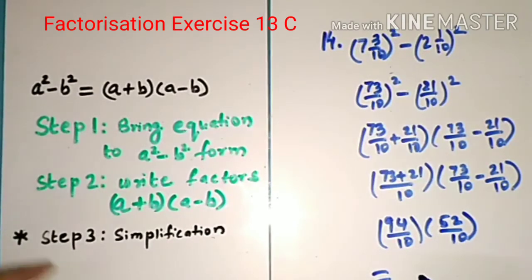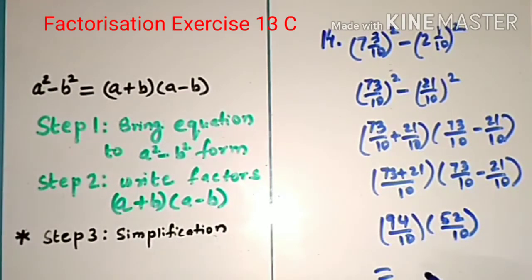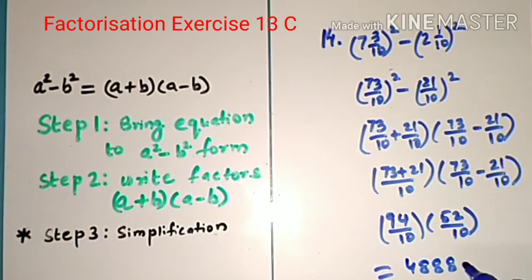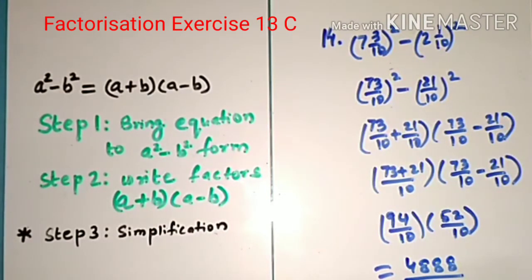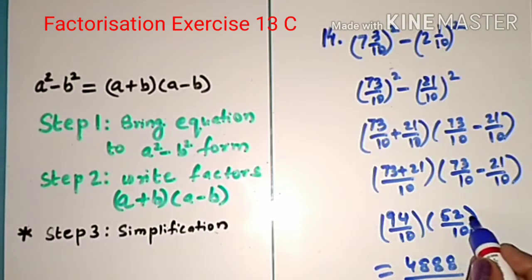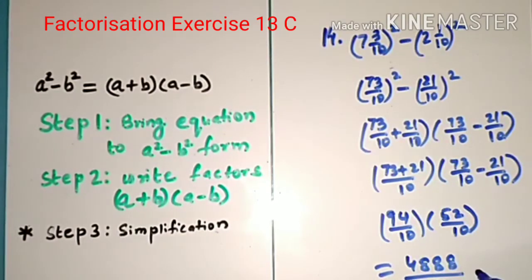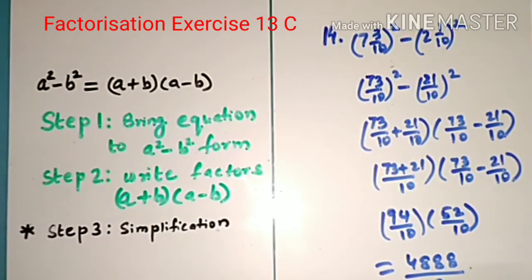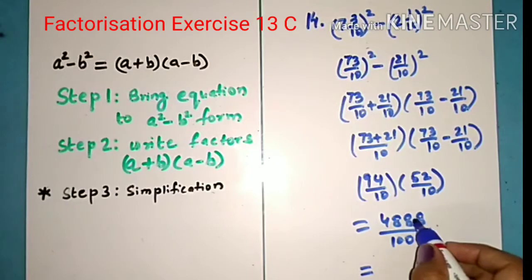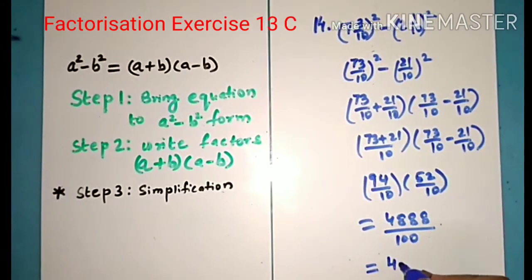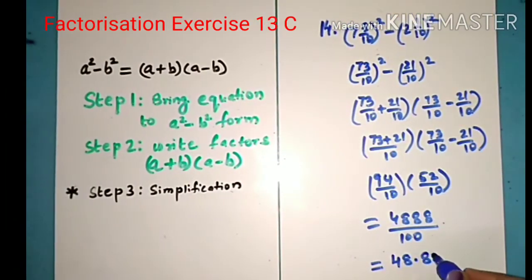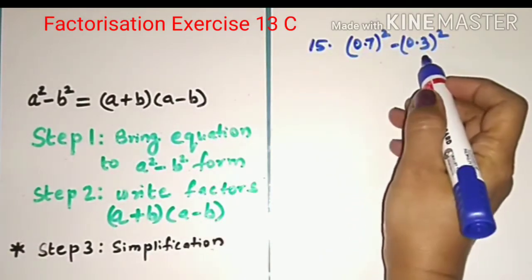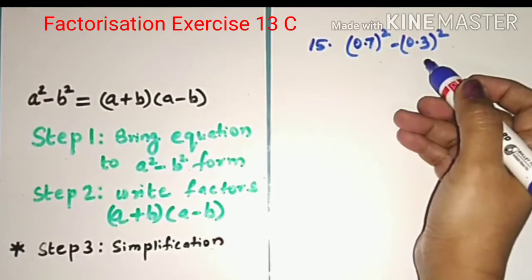If you multiply these two, you will have 4888 divided by 100. 94 multiplied by 52 will give us this, and final answer. There are 2 zeros in the denominator. We will put a decimal point after 2 numbers, so this will become 48.88. 15th sum, it is already in a square minus b square form, so we will just write a plus